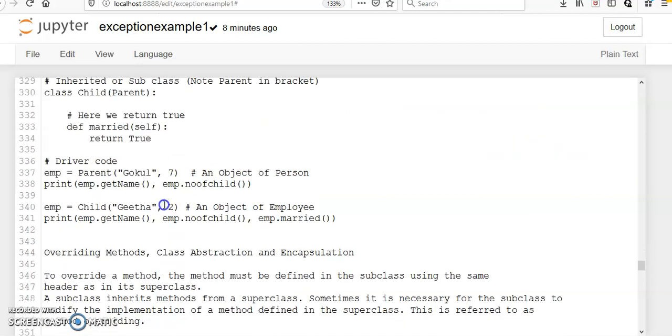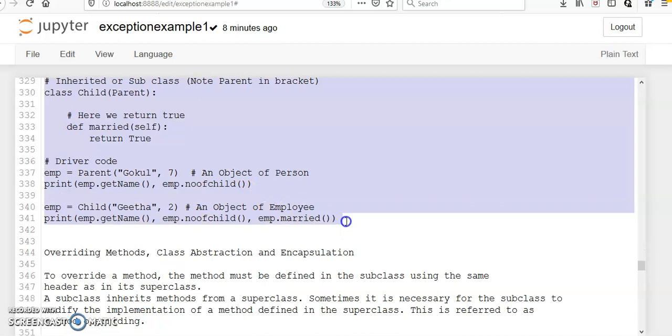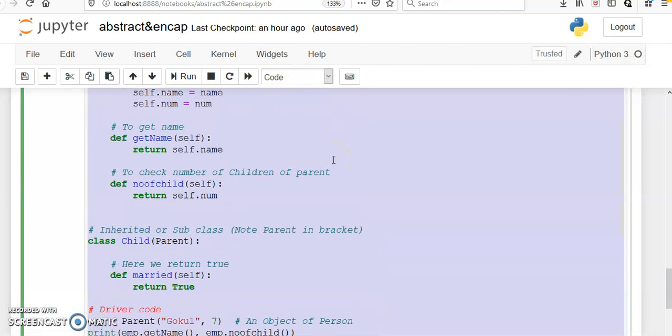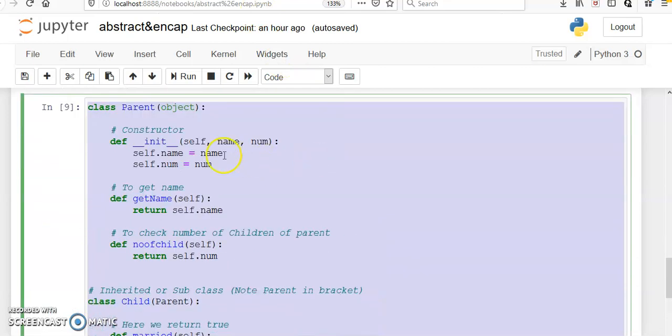Just copy this code. Whatever I am doing here is based on Jupyter. If you want, you can install Jupyter on your system also. Right, so I have already pasted this content here.